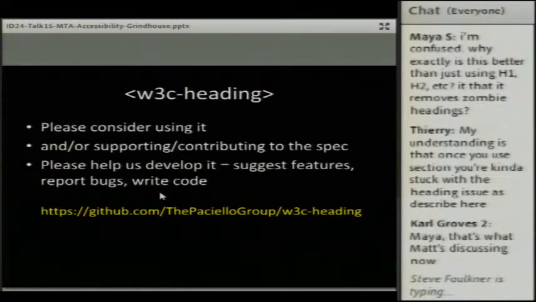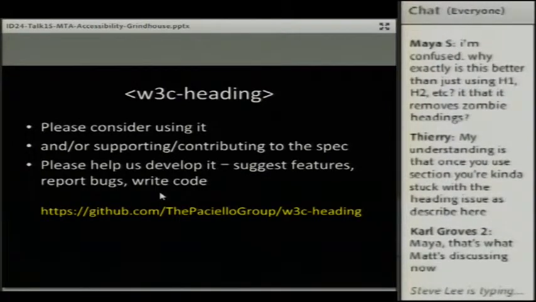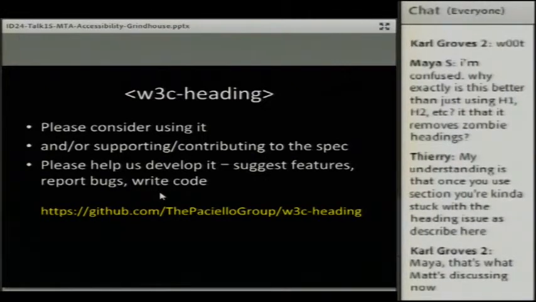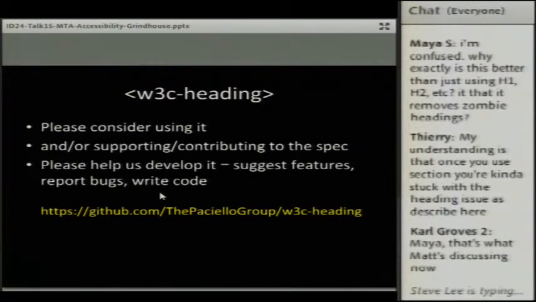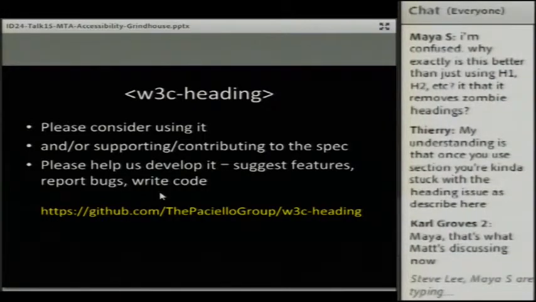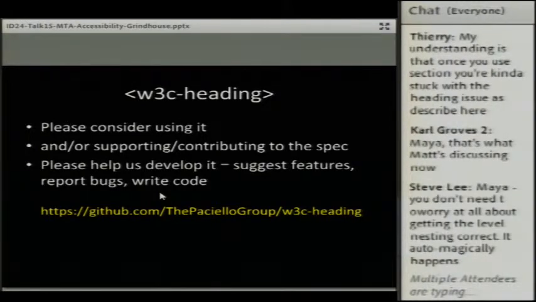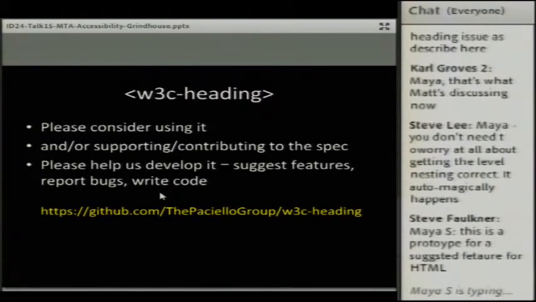So in summary, please consider using W3C heading, or if you are interested, please consider supporting or contributing to the spec. Steve Faulkner, my colleague who originated the idea for this element, is writing a spec for it, so that maybe it will be adopted in future, who knows. If not, at least you'll have some good documentation. And please help us develop it, suggest features, report bugs, write code, and maybe this will make it into a future HTML spec. So that's the conclusion of the first part of this presentation, and therefore it's a good point to stop